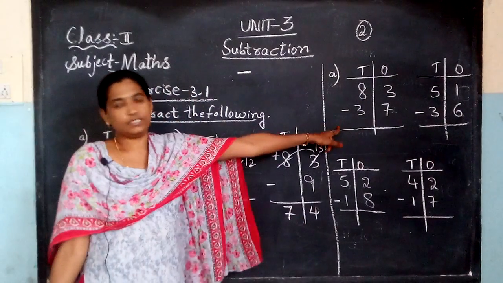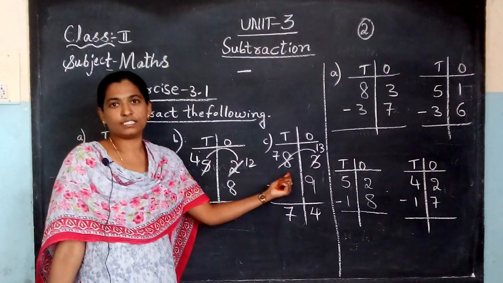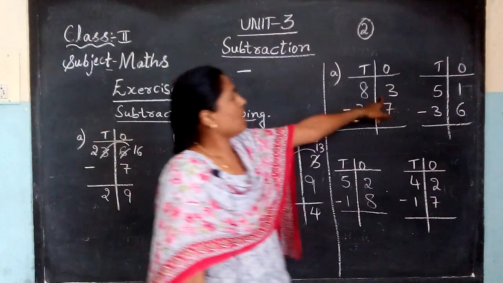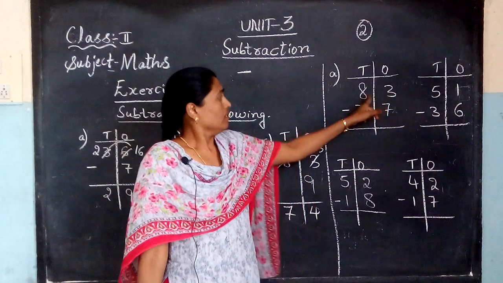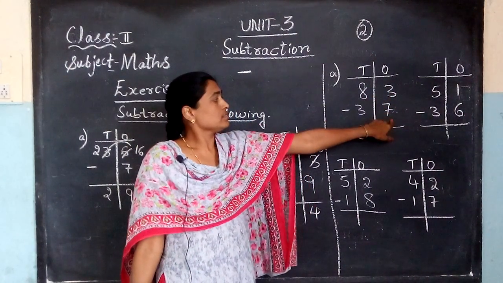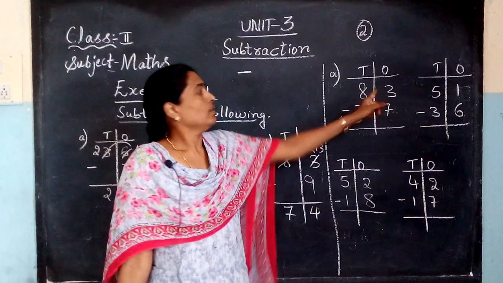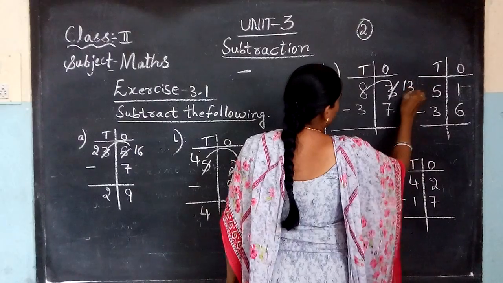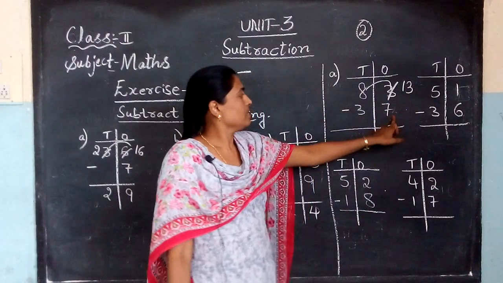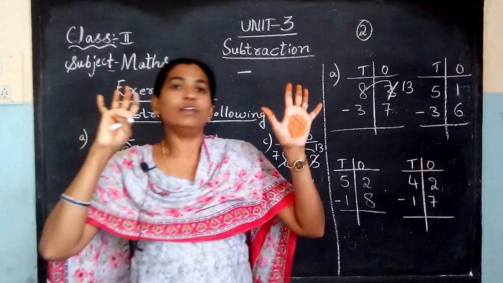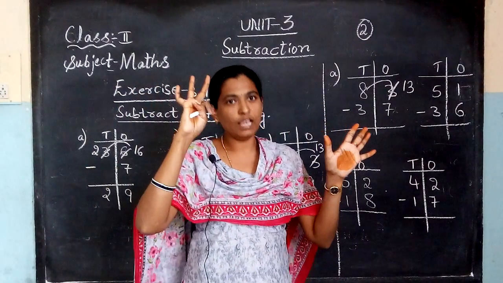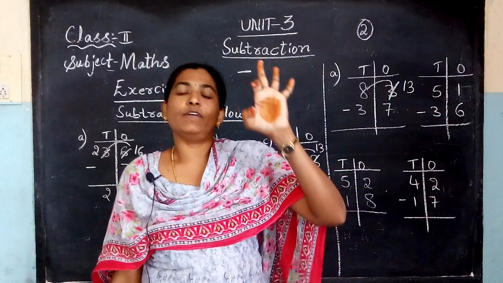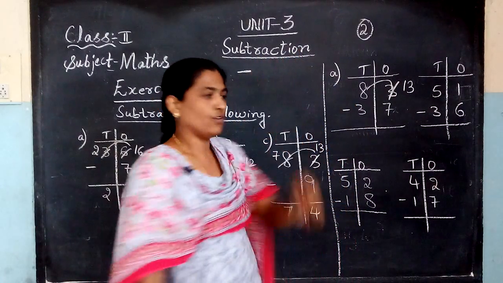Next, 2 digit numbers. Here in the tens column only a single digit was there, now 2 digit numbers. Here also you have to take a borrow. From the small number you cannot remove the big number. Now take a borrow from the tens column. What did it become? 13. Yes. 13 in the mind, again 7 in your fingers. 13 before: 12, 11, 10, 9, 8, 7, 6, 5, 4.